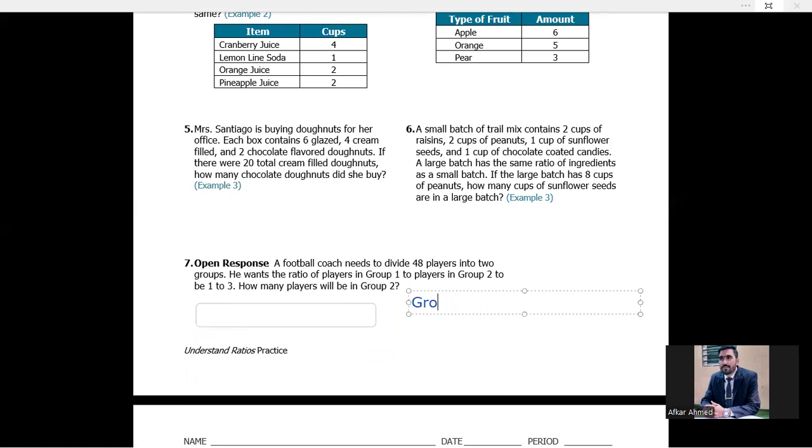So I will write group 1 and group 2. Actually, the meaning of this statement here is